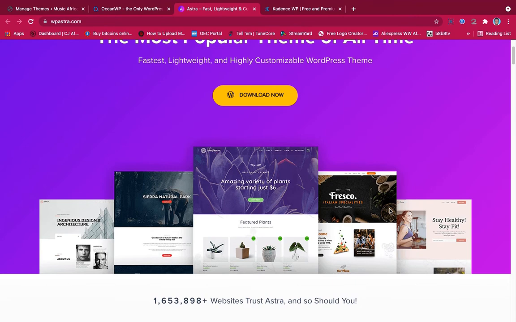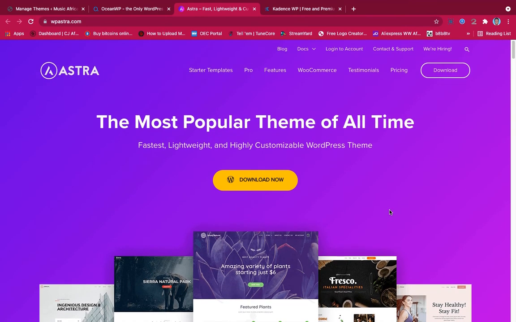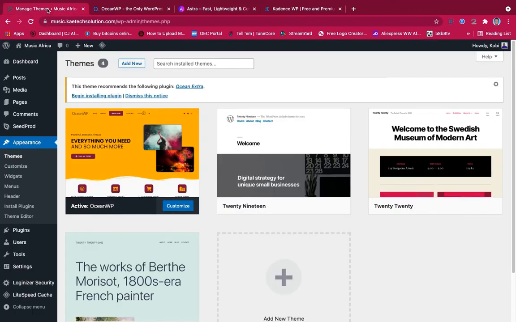If you want to start a pre-made website within seconds, I will recommend Astra for you. So if you want to install Astra on your website, you can decide to download it from here and then go to your themes, upload it and install it over there. Or you can also decide to